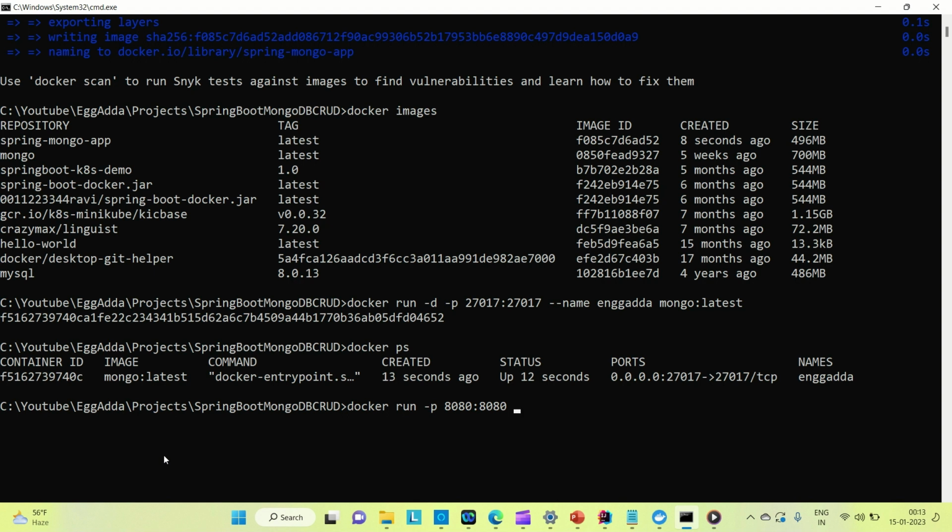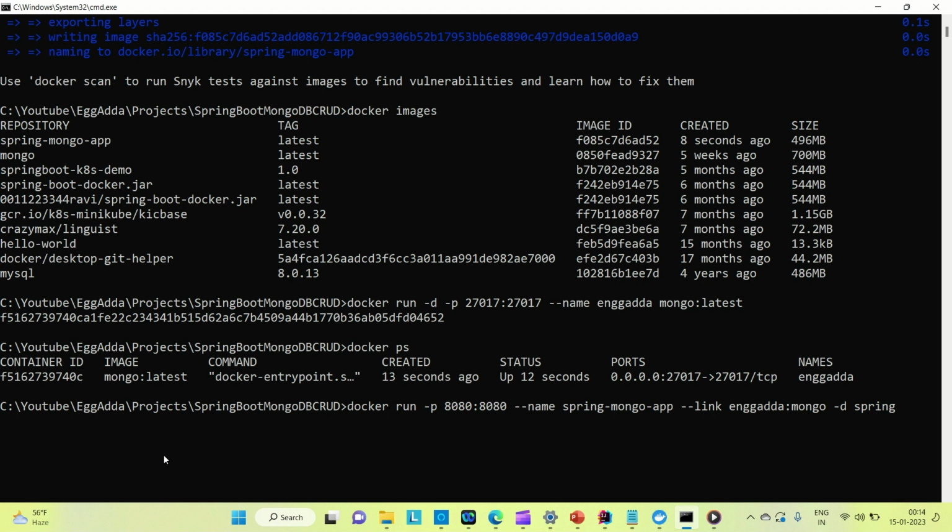Then the name of the image, Spring Mongo app, and then we need to link it to the container that we have created, which is engineering adda and Mongo, and then provide the Spring Boot application Docker image name, which is Spring Mongo app,